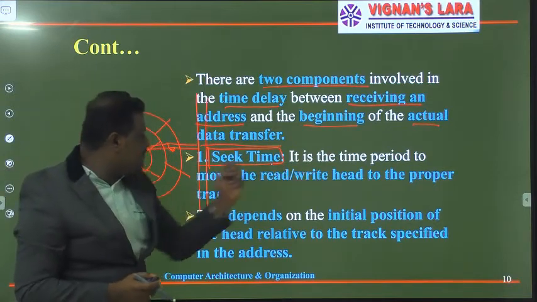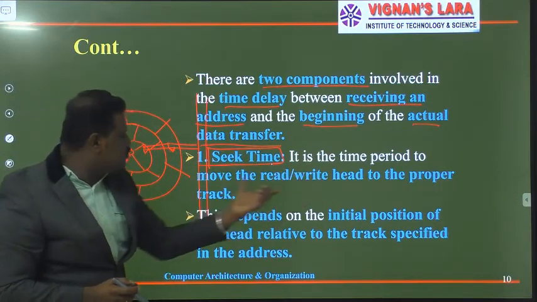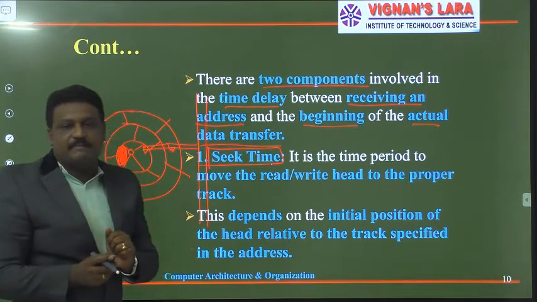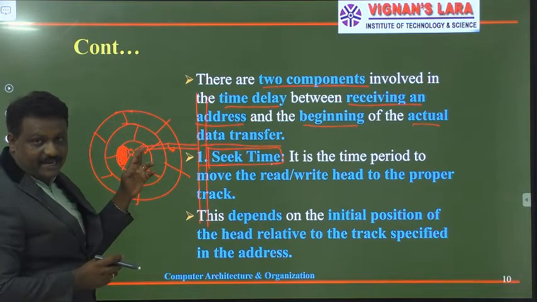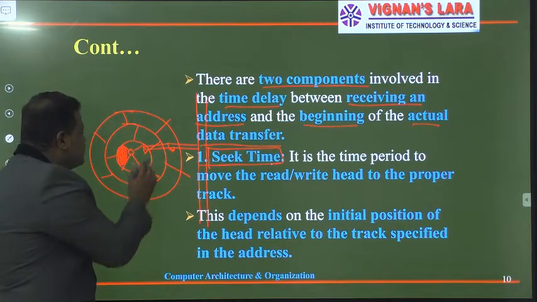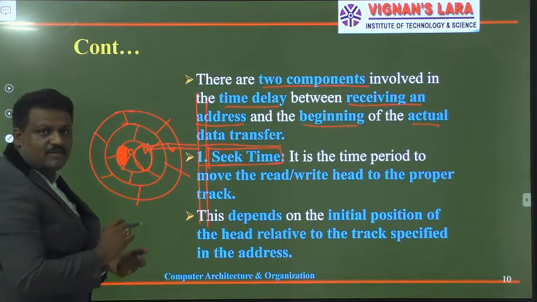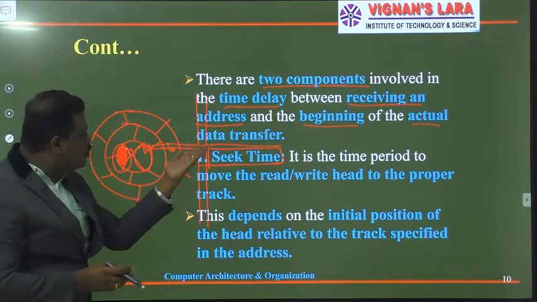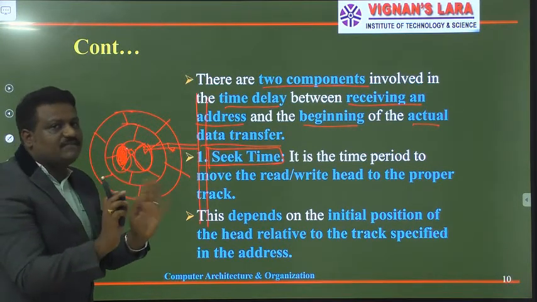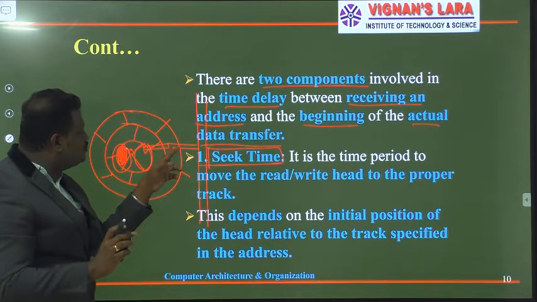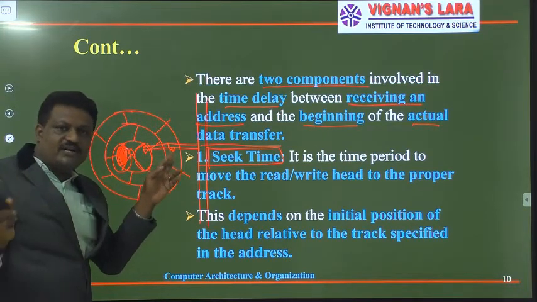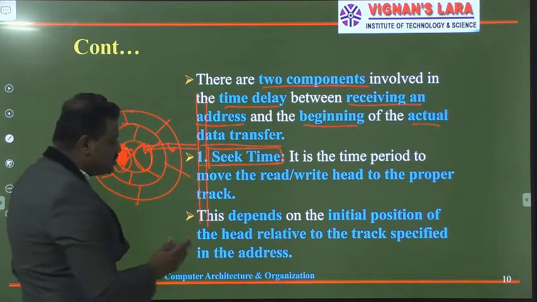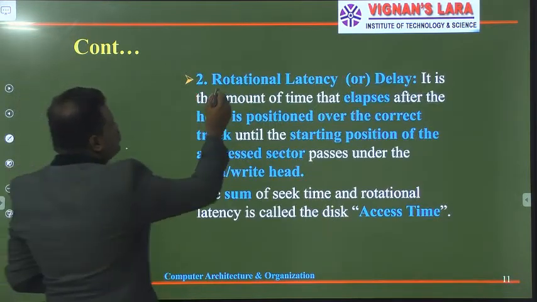So it is the time period to move the read-write head to the proper track. I am not talking about the proper sector, it is moving to the proper track. If I move my head to this proper track, I am not yet accessing my information from the corresponding sector. I would like to access my information from this sector itself. So if I move my head from this point to this point, that is not sufficient for me. The time it takes to move your head from the current position to the required track, that we consider as seek time. I have to consider a second time component, which I can call rotational latency